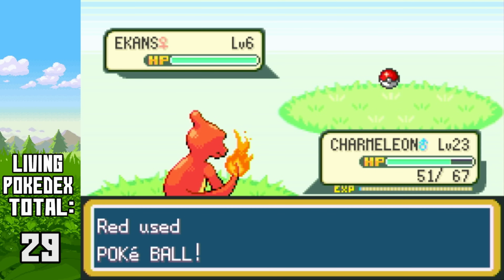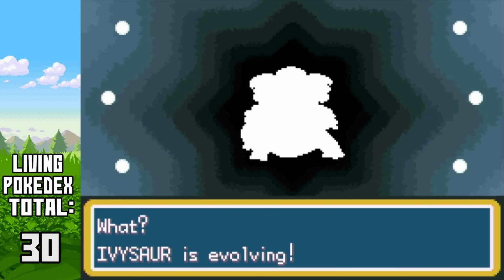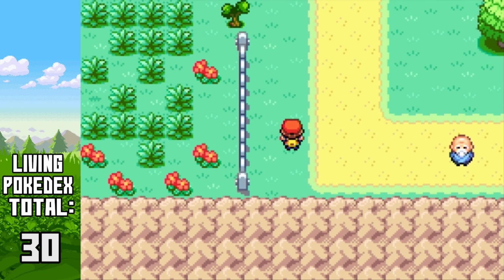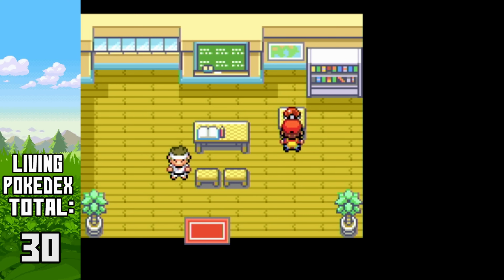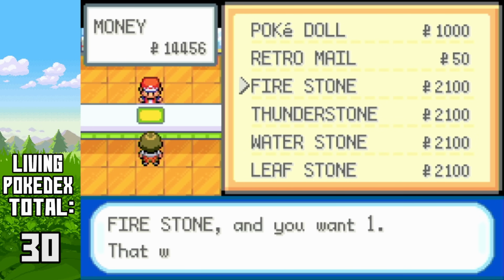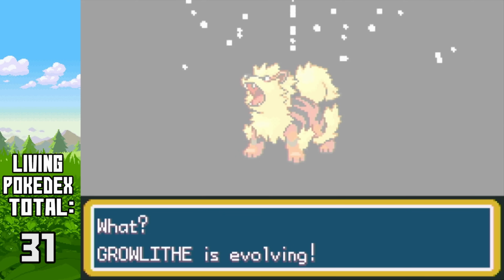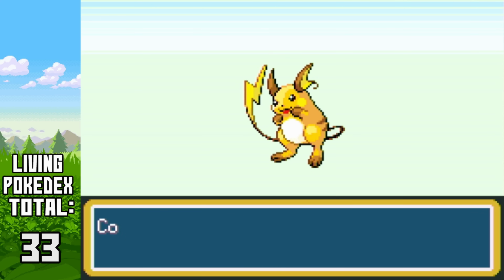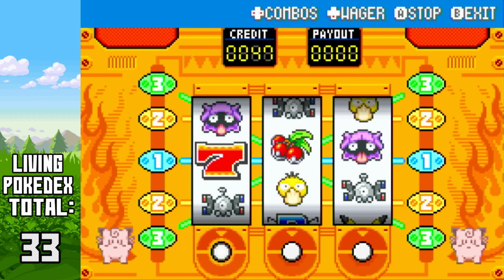Back on Route 4, Red caught an Ekans, as well as evolving Ivysaur into Venusaur after battling a Hiker in Rock Tunnel. Once Red reached Route 8, he caught a Growlithe and obtained a free Eevee in Celadon City. Red then bought a Firestone and 2 Thunderstones from the Celadon City department store, which allowed Growlithe to evolve into Arcanine, Eevee into Jolteon, and Pikachu into Raichu, before hitting up the game corner and playing the slots in order